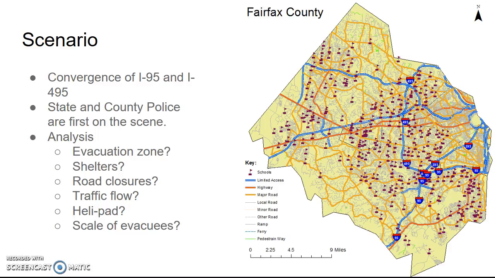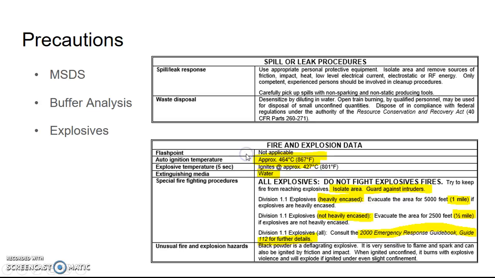In order to make these decisions, I'll need information on the black powder, what is within a half-mile radius and a mile radius of the incident, and the number of houses and schools near the accident site. I also need the roads and network of the roads in order to use network analyst to determine rerouting from the site. These are excerpts from the MSDS sheet for black powder that the police used to determine how to